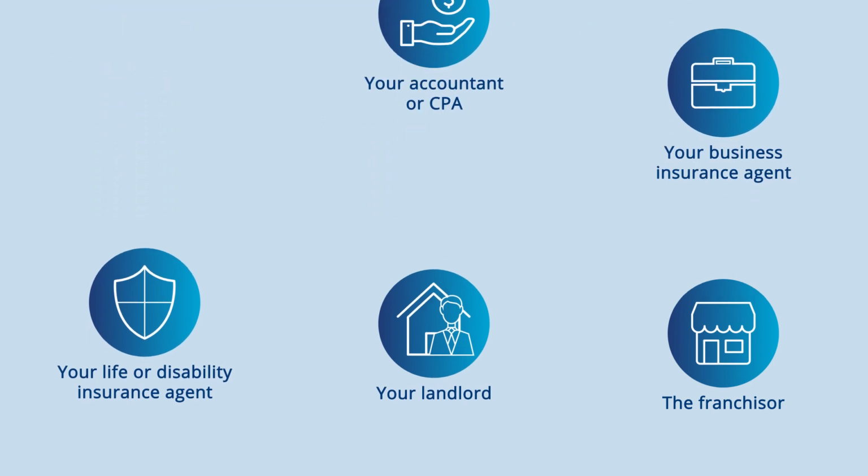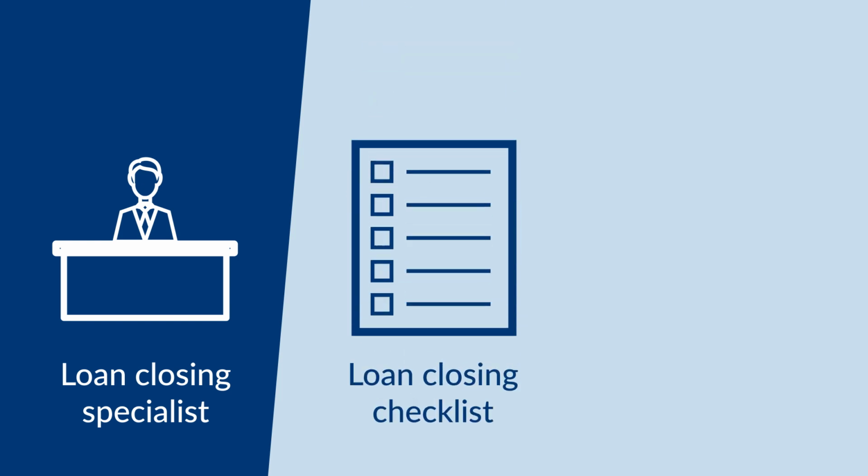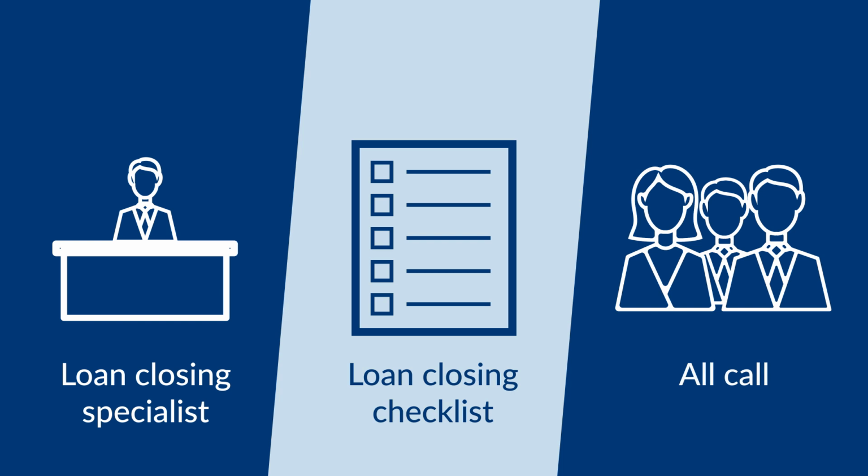Once your loan is moved to our closing department, a loan closing specialist will be assigned to you. They will provide you and your attorney with a loan closing checklist that has been customized for your loan. Don't worry about interpreting the checklist on your own. An all-call will be scheduled with you, your loan closing specialist, your attorney, and the bank's attorney, so everyone can